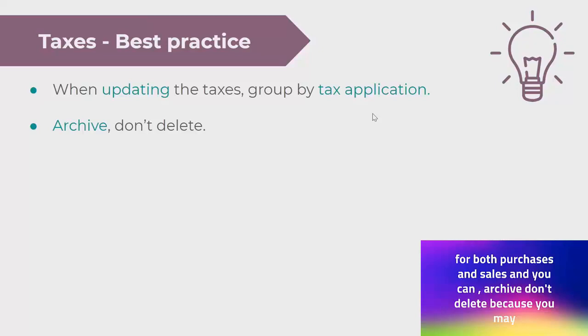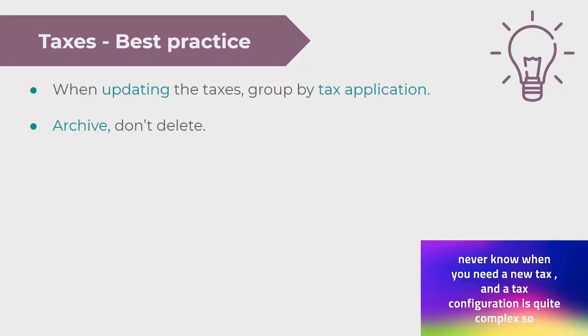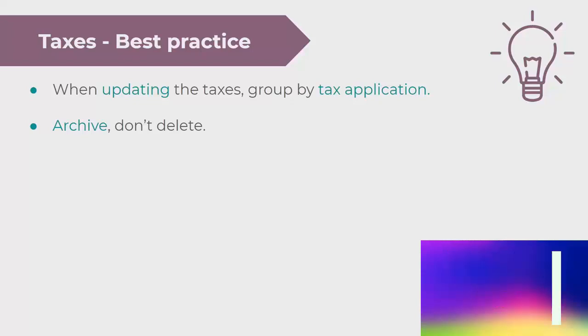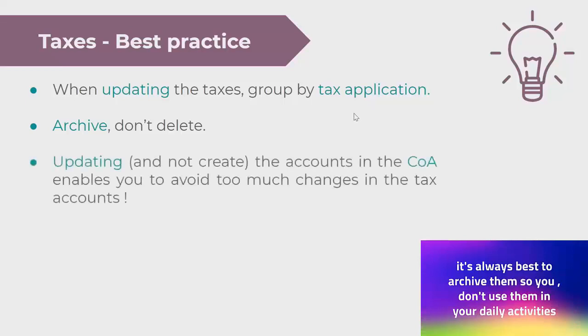And you can archive, don't delete, because you may never know when you need a tax again, and a tax configuration is quite complex, so it's always best to archive them so you don't use them in your daily activities. But make sure that you are updating and not creating the accounts